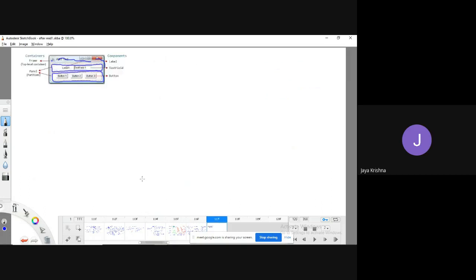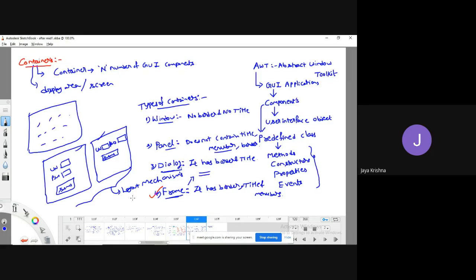But if you want to implement specific, complex requirements, I'm going to place all those in a particular location. So simply I can say that a frame is a collection of panels without having any border or title.